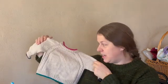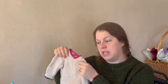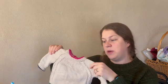All right, today I also have a couple finished objects to share with you. The first one, I'm super excited, is the Micah's Raglan sweater that I knit for my baby. This is a worsted weight pattern by Hannah Graham Knits, and it comes in baby child sizes. So this is the smallest size,